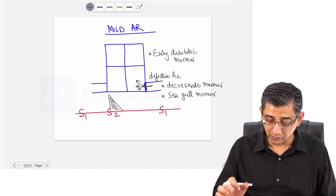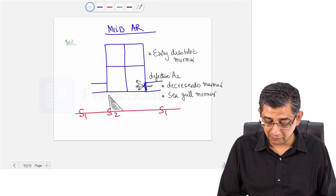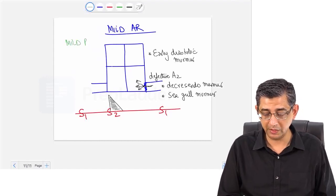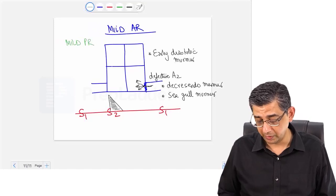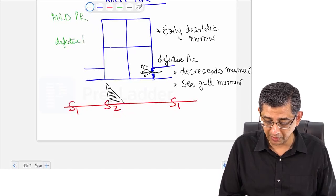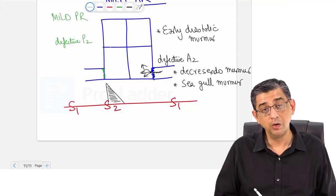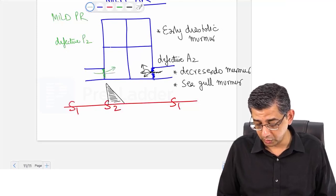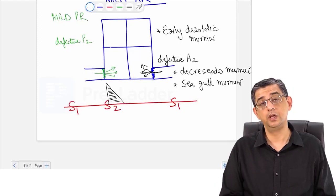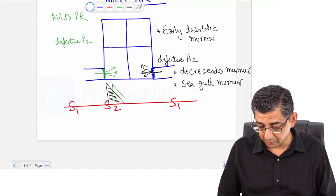Let's do this once more. On the contralateral side, let us imagine a patient is having mild variety of pulmonic regurgitation. In pulmonic regurgitation, the problem is now on the right hand side, so I've written the word defective P2 this time. There's a defective coaptation of the leaflets which causes the blood to leak back into the right ventricle of the patient. Again, this will produce a murmur which will be called an early diastolic murmur,